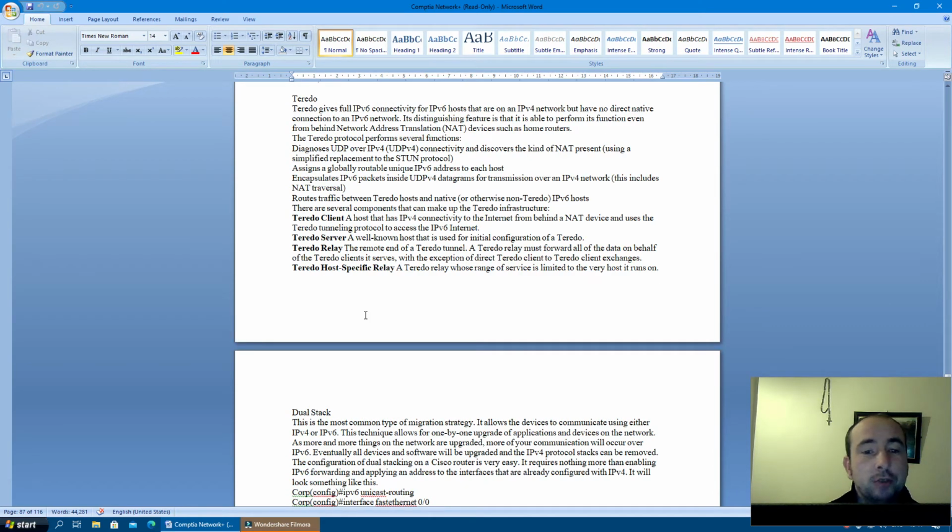Teredo. Teredo gives full IP version 6 connectivity for IP version 6 hosts that are on an IP version 4 network that have no direct connection to an IP version 6 network. Its distinguishing feature is that it's able to perform its function even from behind network address translation (NAT) devices such